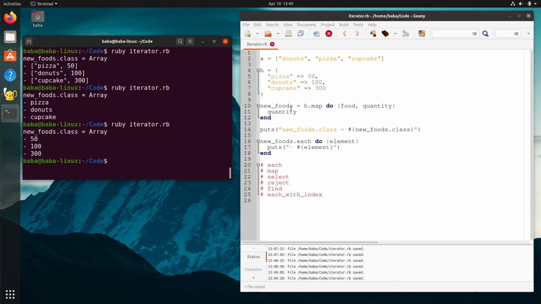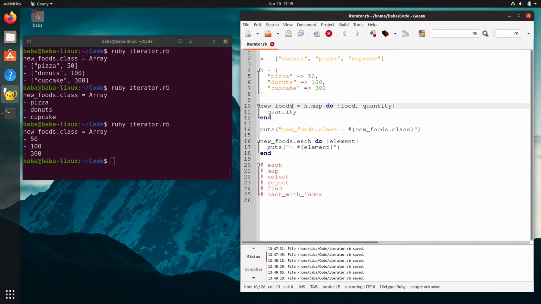Now let's say that actually I want to return here a hash and not an array. What could I do? And let's say that we want to go through each one of these and increase the amount of whatever we got here. So I want to go in this and I want to increase the quantity, all right? However, I don't want to change this variable. I don't want to change anything that is inside age. I want to create a new hash, and it should be returned into this new foods variable, all right? So the way we're gonna do it is we're gonna return here an array,